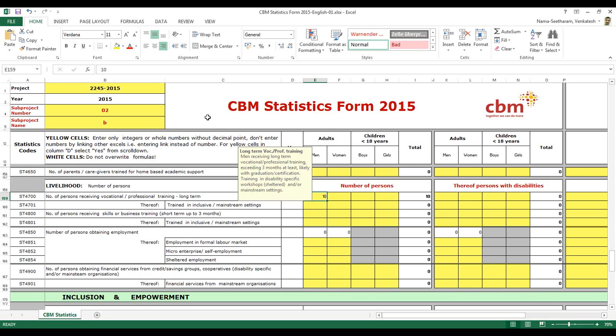If we are signing with a project for all these activities, and it is a result of those activities, they can go ahead and report it here. Okay, any other questions, so that we go to the next section?